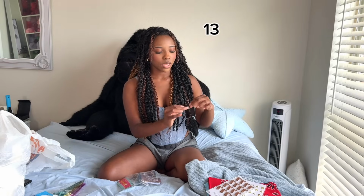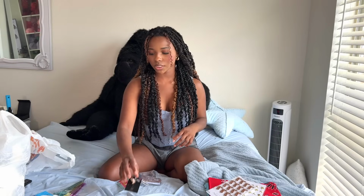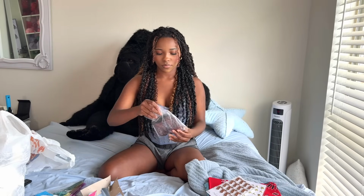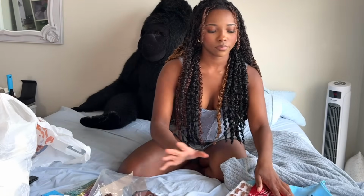I also got these little boots, so one of them could be wearing a little country boot necklace. So cute. And then my most excited piece that I got is actually these cowboy boots. Let's open them. Look at this, just a cute little cowboy. I should have got another one. Anyways, with that being said,